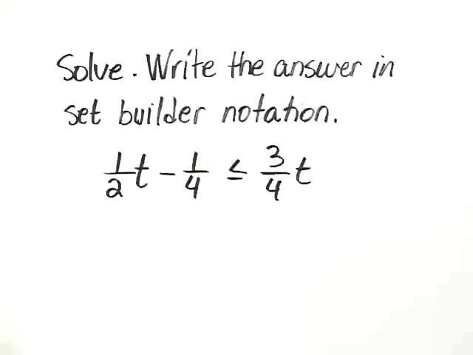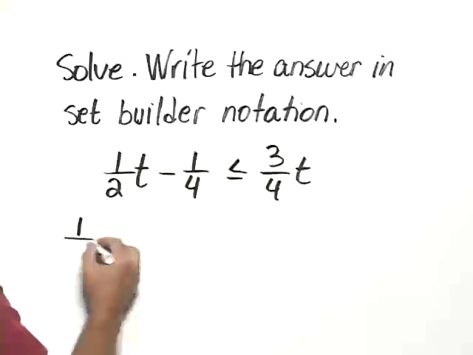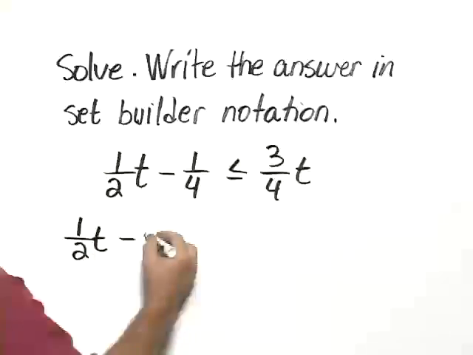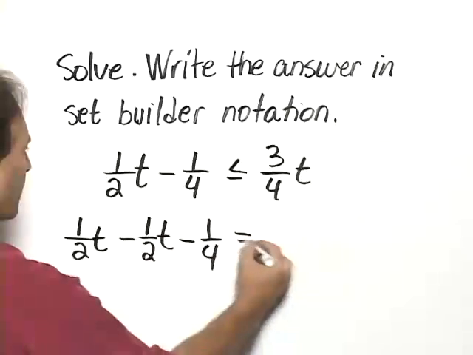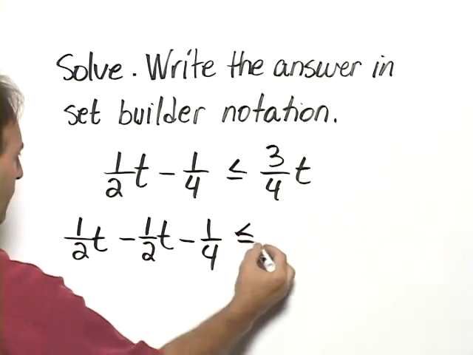Solve. Write the answer in set builder notation. 1/2 t minus 1/4 is less than or equal to 3/4 t. So let's add a negative 1/2 t to each side. So 1/2 t minus 1/2 t minus 1/4 is less than or equal to